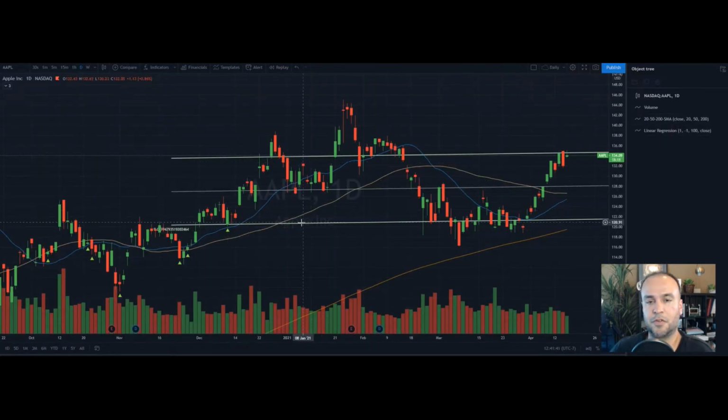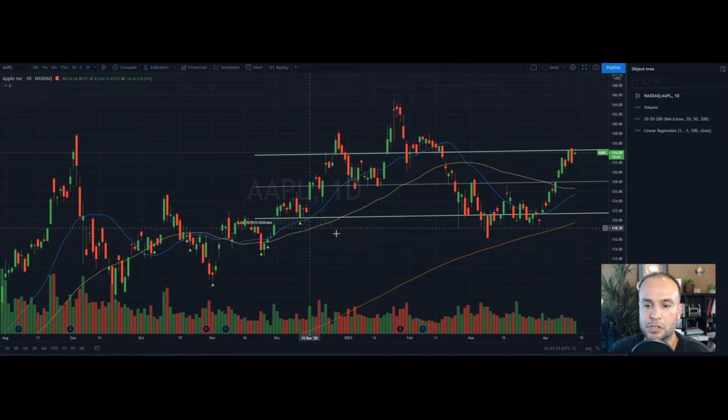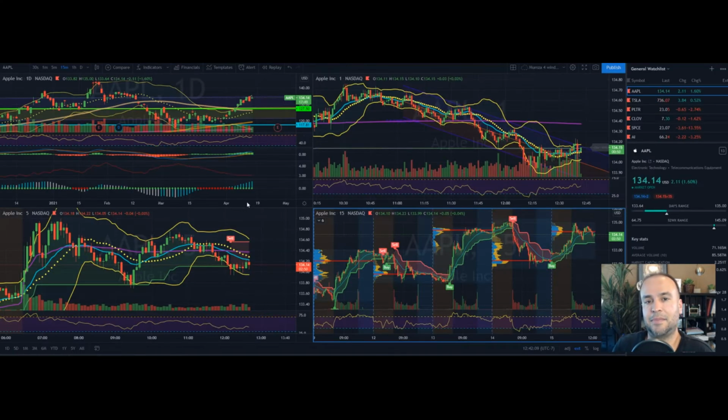But the first thing I wanted to talk about is that I'm going to start focusing more on the daily candles and the weekly candles. We could also look at the minute chart, but I want to focus on one chart and not have so many indicators that might confuse people or keep them from seeing the bigger picture. If we focus on the daily candle, we can understand a lot more about what's going on with the price action compared to my day trading chart, which has a ton of stuff that might not apply. So the first thing I want to do is change that back to just the daily.